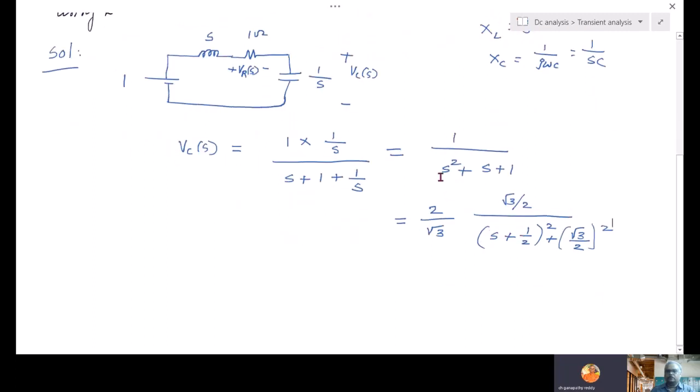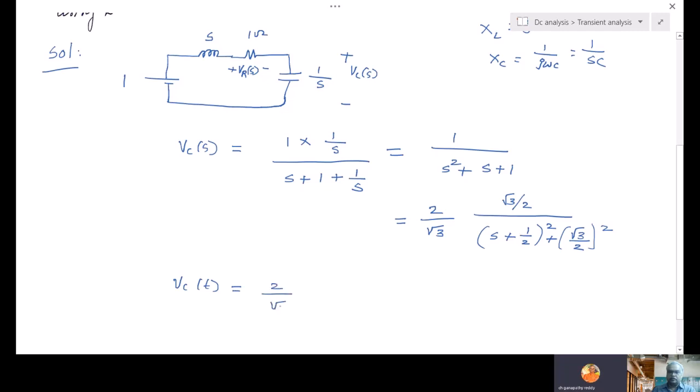So if you expand the S square term, 2AB term is S, then 1 by 4 plus 3 by 4. 1 by 4 plus 3 by 4 is 1. And because here root 3 by 2, here root 3 by 2, here inverse 2 by root 3, cancel. So that I can write inverse transform. Now from this, VC of T is equal to